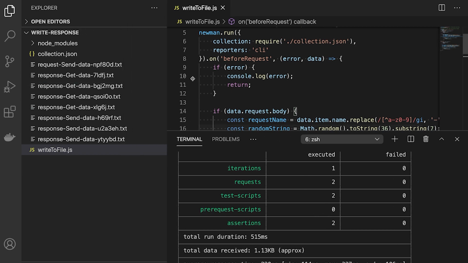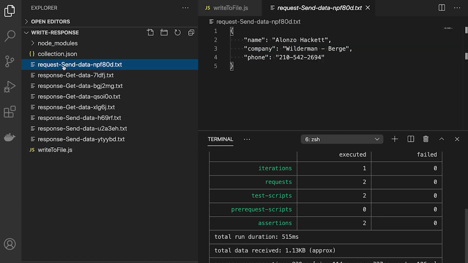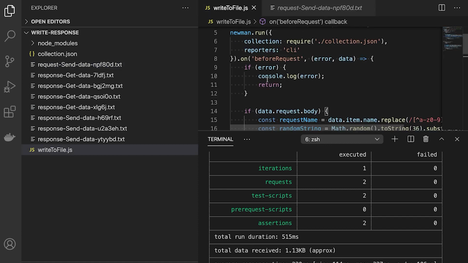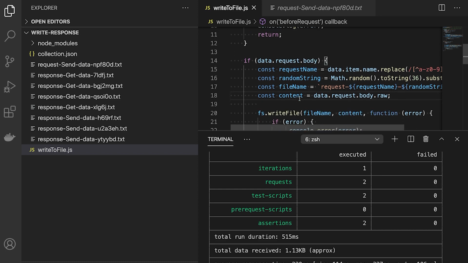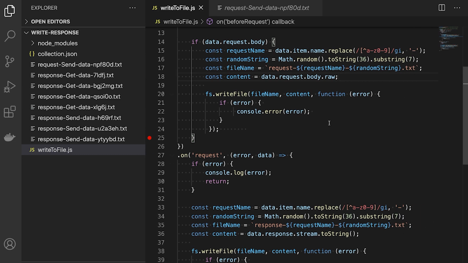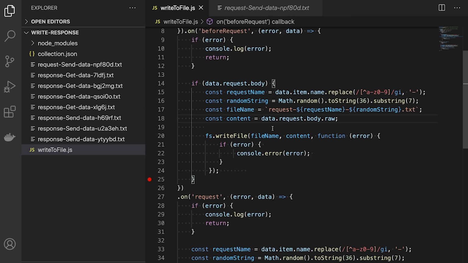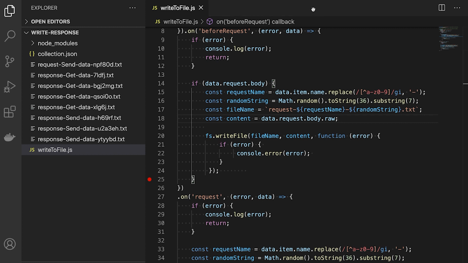So if we're looking again at the results, we will see here that we only have one request, and it contains the request body for the POST request. For the GET request, we haven't logged anything, and this if block here has helped us figure out if we really have something to log or not. Of course, this entire script can be made much nicer. You can put this right into the file and generate this random information in their own functions and reuse them. I just wanted to give you the general idea, general overview, how you can write either the request or